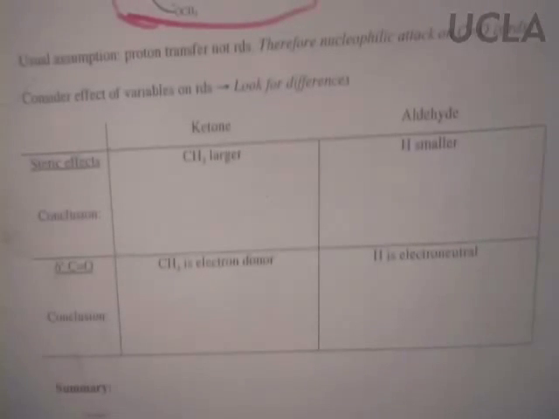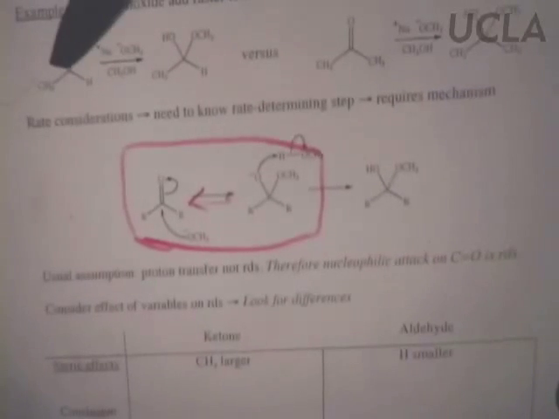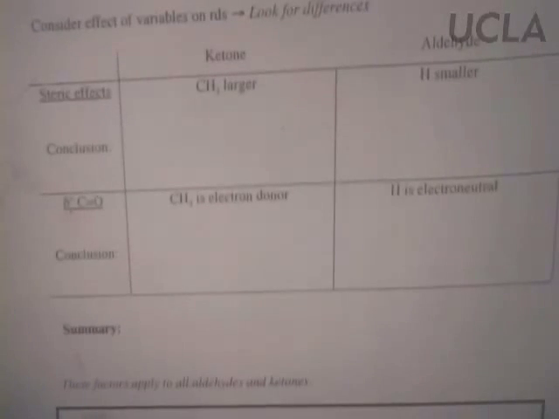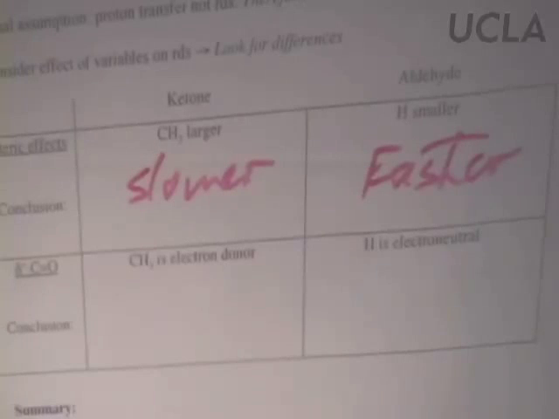What do we conclude then about steric hindrance? Which one of those two carbonyl carbons, aldehyde or ketone, is more sterically hindered? Ketone, right? This is like you're doing an SN2 reaction on a primary carbon or a secondary carbon. More alkyl groups makes more hindrance. So because the ketone is more sterically hindered, we can conclude that, just based on this factor alone, nucleophilic attack on the ketone would be slower than nucleophilic attack on the aldehyde carbonyl. Now that's based just on the steric hindrance, and we have to look at other factors